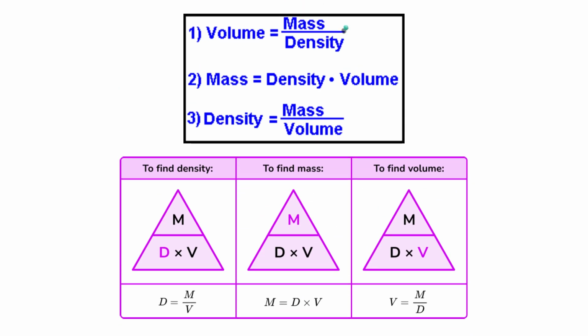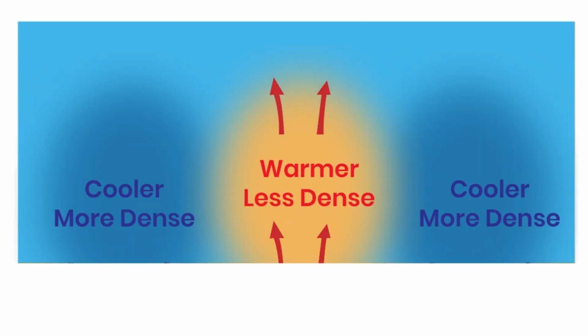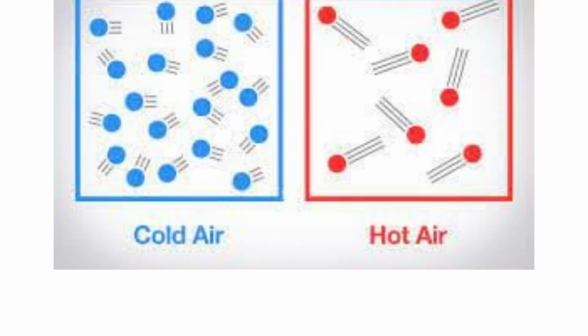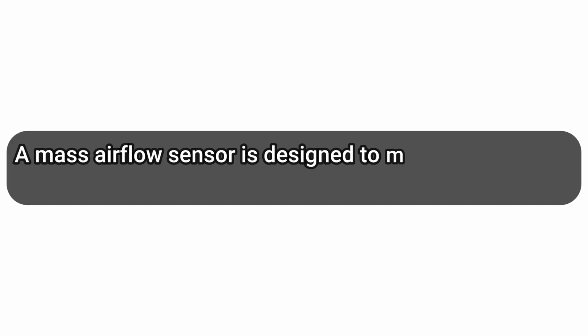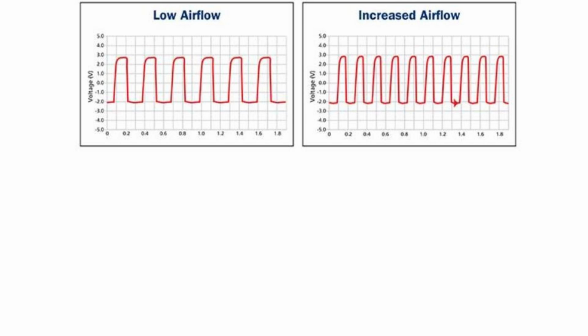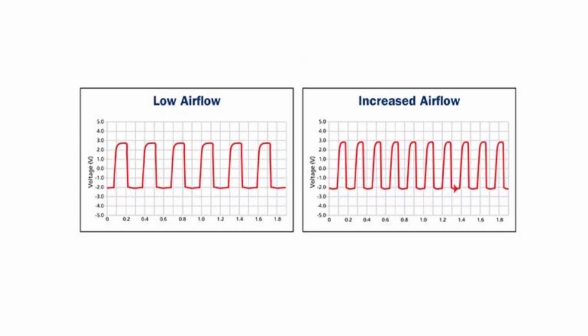Mass is calculated as volume multiplied by density. For instance, cold air is denser than warm air, so a small amount of cold air may have the same mass as a larger amount of warm air. Therefore, a mass airflow sensor is designed to measure the mass, rather than the volume, of the air entering the engine. The output of this type of sensor is typically a frequency that corresponds to the amount of air entering